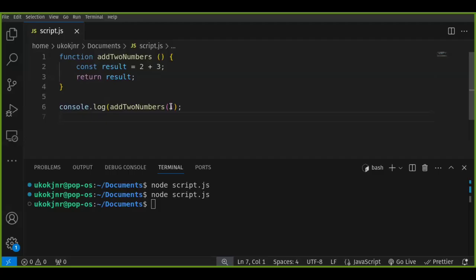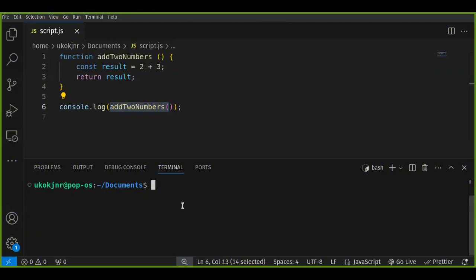So in the console, we write node script. You see that we added